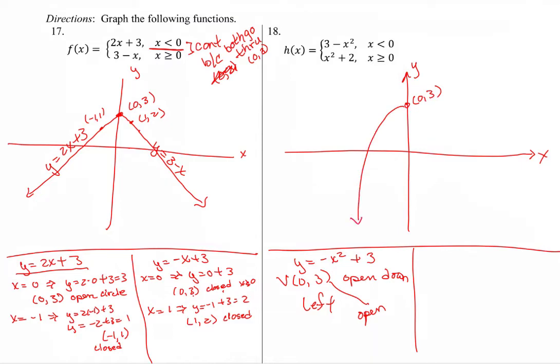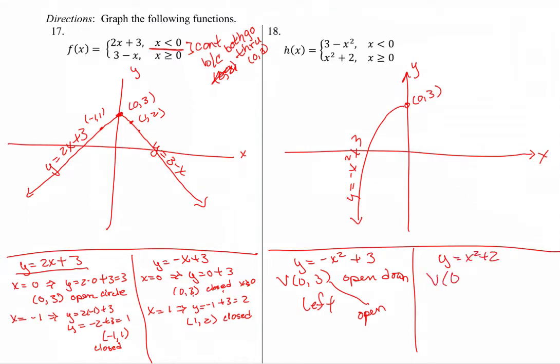And here I have y equals negative x squared plus 3. So that's that one. Then I have, on the right, y equals x squared plus 2,